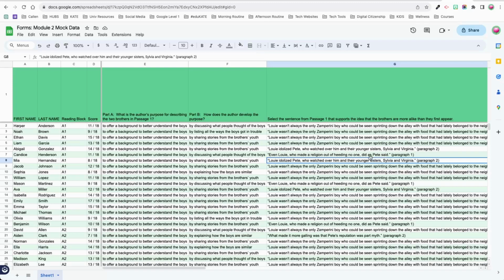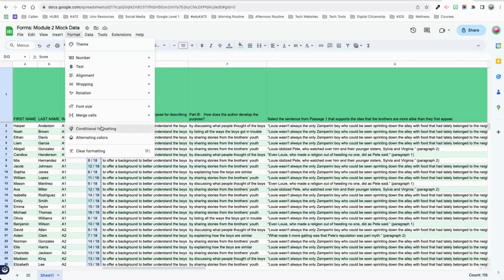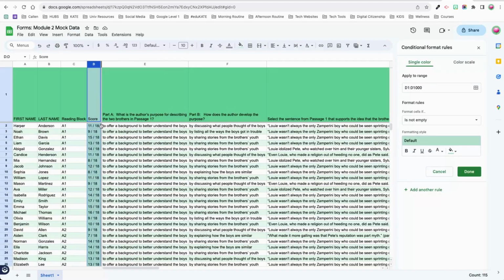You're going to begin by selecting the range that you want to apply your formatting to. In our case, we might want to select the score for this assignment. Then you're going to click on Format, Conditional Formatting. Next, you're going to set your condition. In our example, we want formatting to be applied to cells that are a score of 13 out of 18,